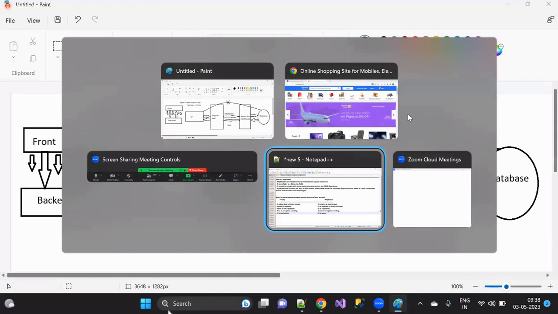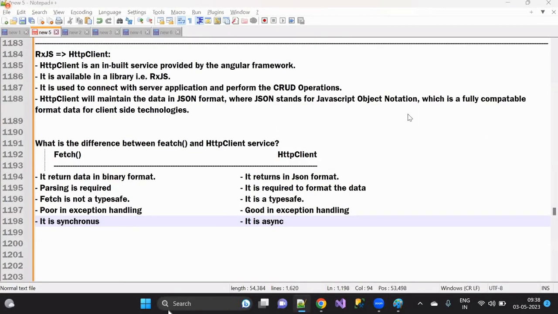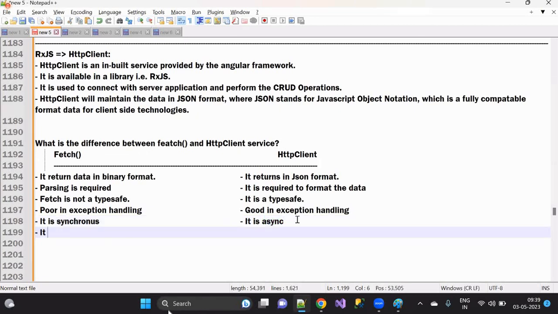That means to that particular server, we can make only one call. If you want to send multiple calls, then it won't allow you. But HttpClient is asynchronous. Understood? Clear now? And the next and last difference is going to be